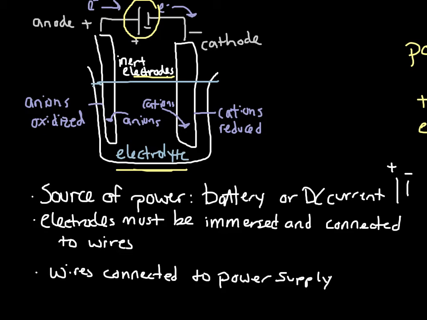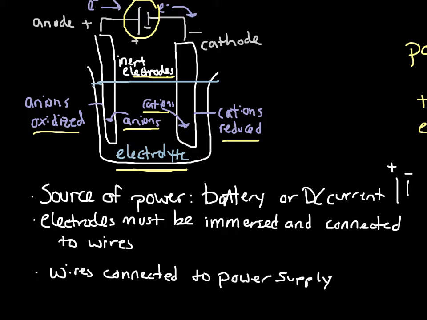All right, so what's going on in the solution itself? We have our anions, depending on what solution it is. Those anions are going to move onto the inert metal. Hence, your anions are going to be oxidized. We are going to pass those electrons up and over the wire to the power source. The power source is going to be the one giving off electrons to the cathode. And that cathode is therefore getting an overall negative charge, attracting your cations onto the metal itself, and you're going to get cation reduction occurring. So this way, we are actually pulling out of solution both cations and anions, and we're going to see an example of this later on